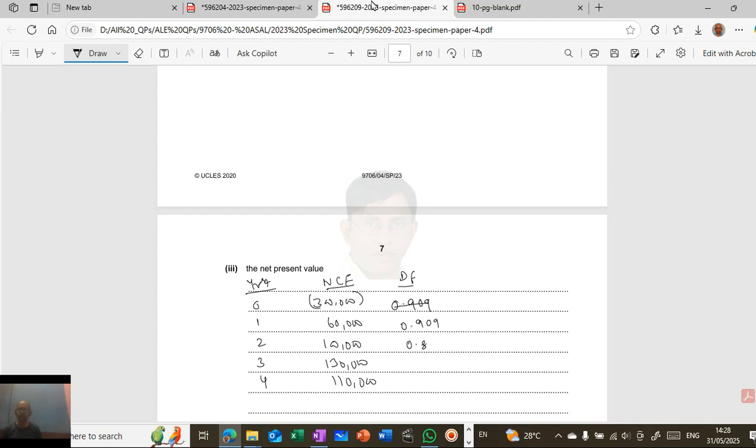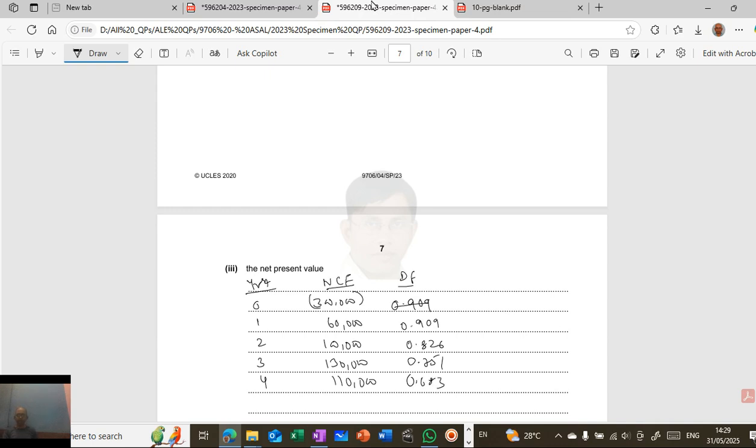Then 0.826, 0.751, 0.683. You can simply take the numbers from there and write them down. 60,000 into 0.909 is